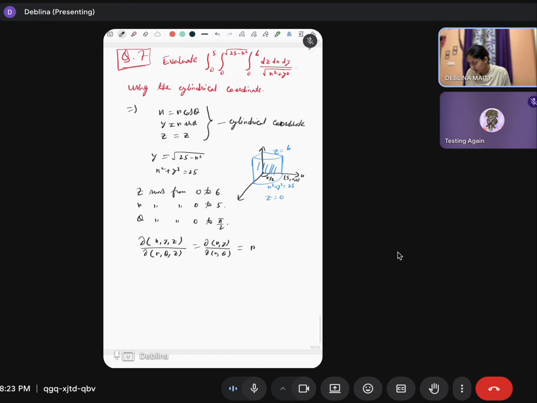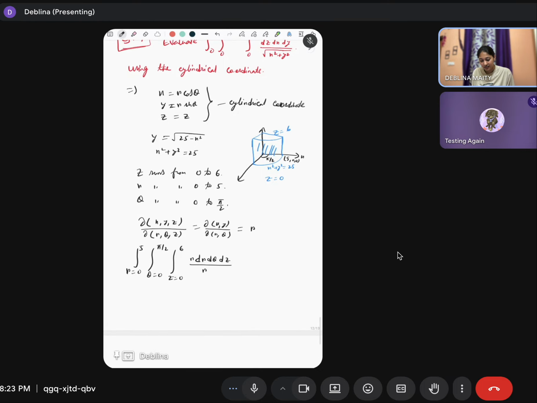Okay, so the integration becomes, r runs from 0 to 5, theta runs from 0 to pi by 2, and z runs from 0 to 6, and this is r dr d theta dz by r, so dr d theta dz is the only thing, so these two cancel out, means 5 into pi by 2 into 6, so this is 15 pi. Okay,